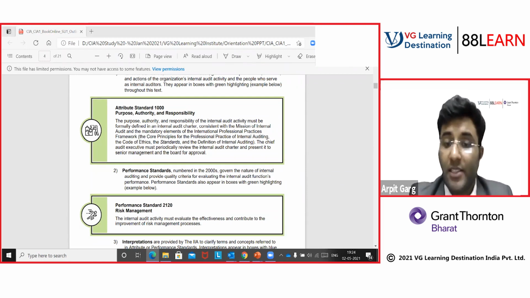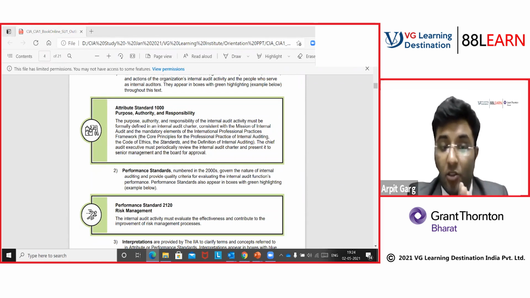So with that, now we understand, guys. That's the reason you have to continue to participate in the sessions. Mandatory guidance covers 4 things we have to remember: the core principles. How many core principles? Can anyone tell? Sheetal says 10. Wonderful. Then the definition of internal auditing, we all know. Then we also know the standards.